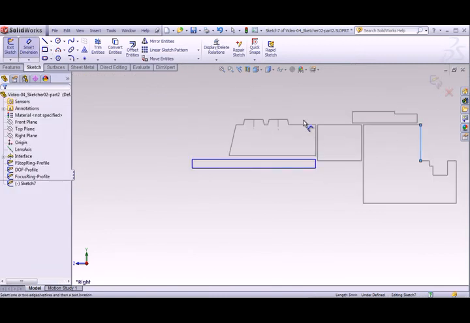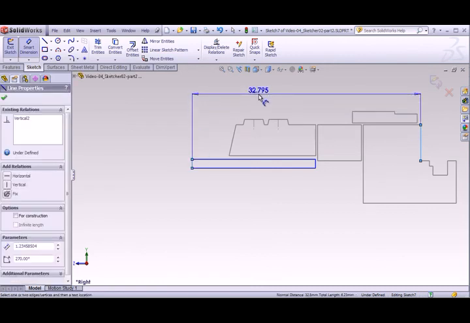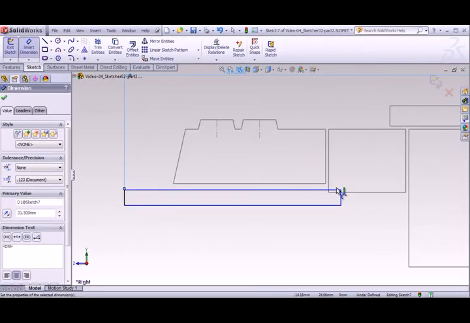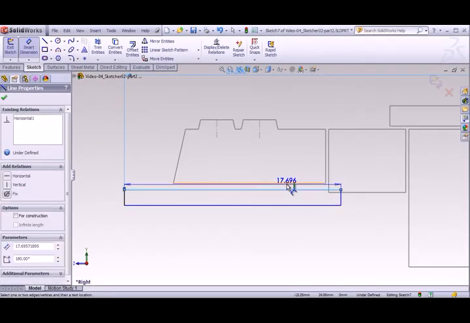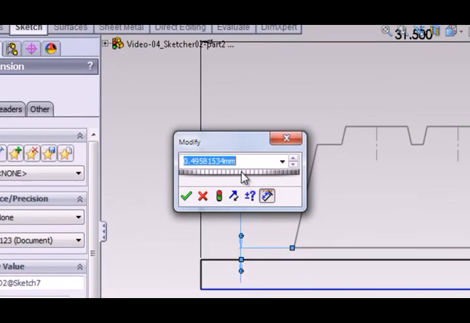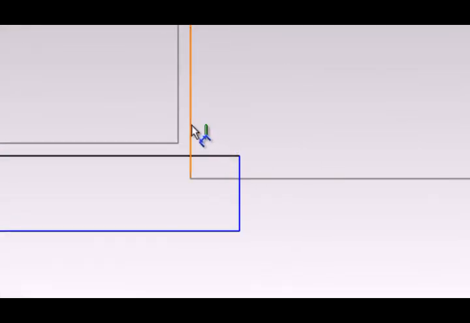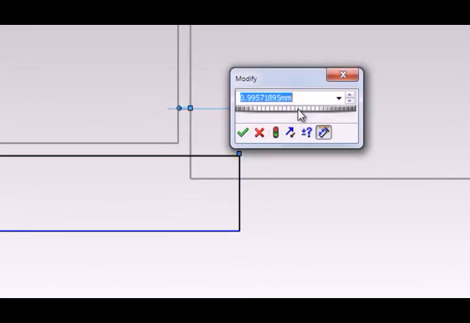I know that from this datum plane back here to the very front edge is going to be 31.5 millimeters. I know that I want for the distance from this edge to be a clearance of 0.25 millimeters. And I also know that I want the distance from this edge to be 0.25 millimeters, but I want it to go in the other direction. So watch this. I'm going to click this edge and click this one, set them to 0.25 millimeters, and this